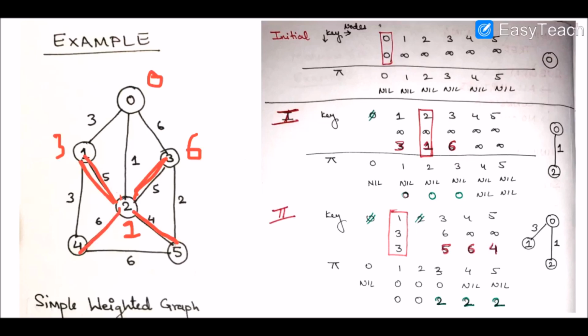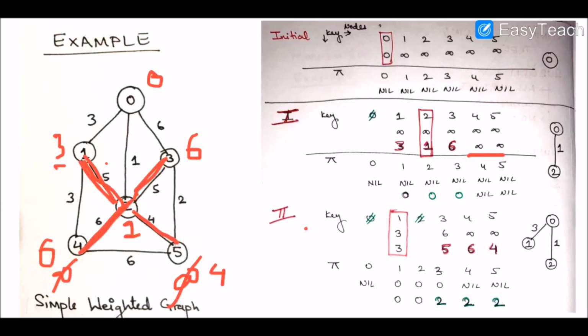Now see this, from 2 to 1 the weight value is 5 and the key value is 3. So we are not going to update this. Why? Because the weight of the edge is 5 and the key value is 3, so 3 is less than 5, or we can say 5 is not less than 3. So we will not update this. Again these have the values infinity, we can see here, right? The edge weight is 6 and the key value is infinity, so again we are going to update it with 6, because 6 is smaller than infinity. And similarly here also the key value will become 4.